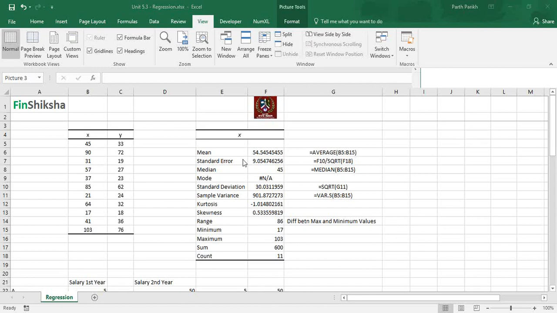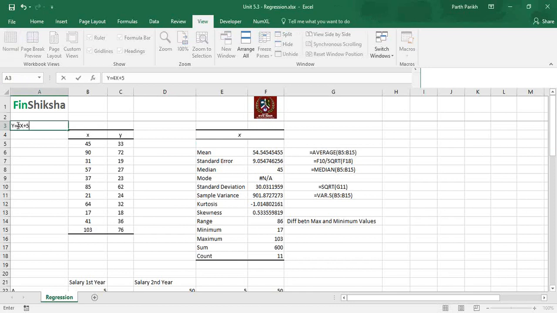In this video, we are going to learn how to run a simple regression and how to form a basic equation, which is y is equal to something x plus constant. Like we have seen in the first video, linear regression was y is equal to 4x plus 50. This was the equation in the form of y is equal to mx plus c, where